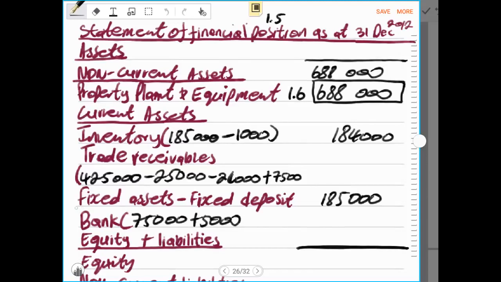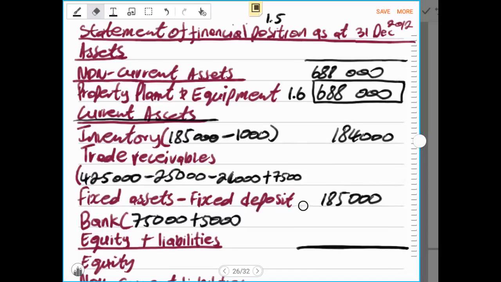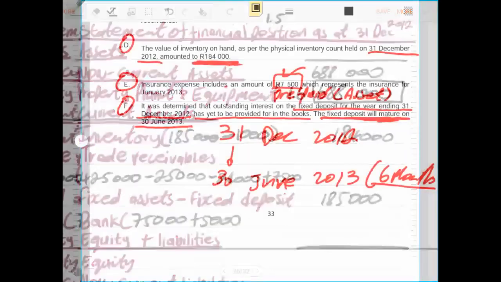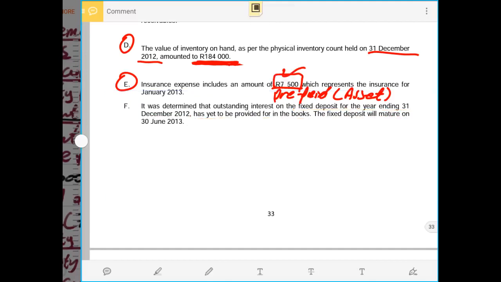Hence, I have that fixed deposit, 185,000 rands under the current assets. It is for that reason. The maturity is less than a year, which is in this case just only 6 months. So now we have captured the fixed deposit asset section. Therefore, now we have to capture the interest portion of the fixed deposit. We know that the fixed deposit is